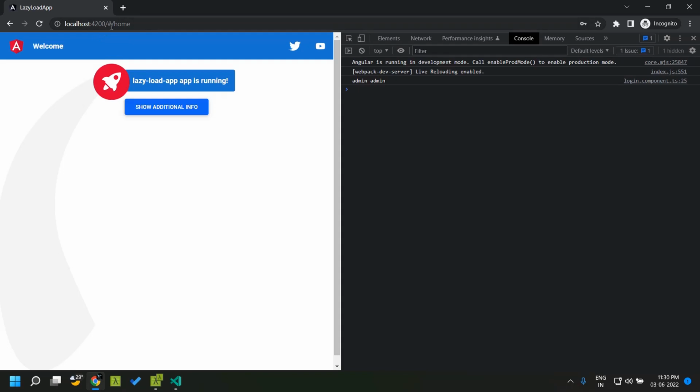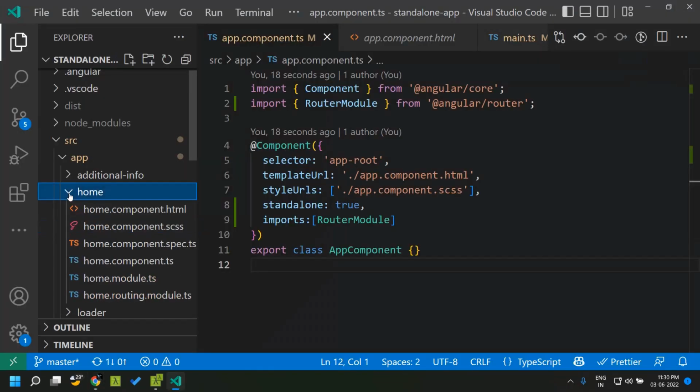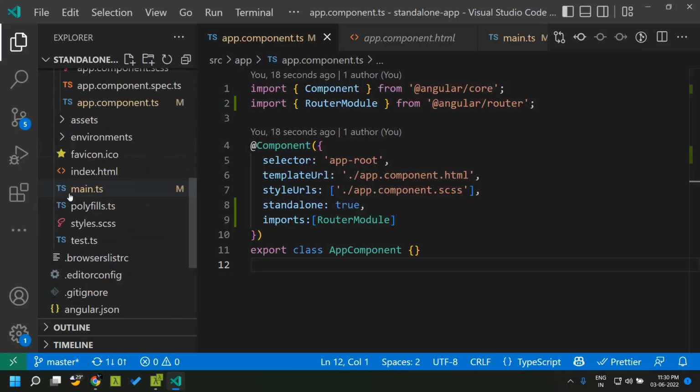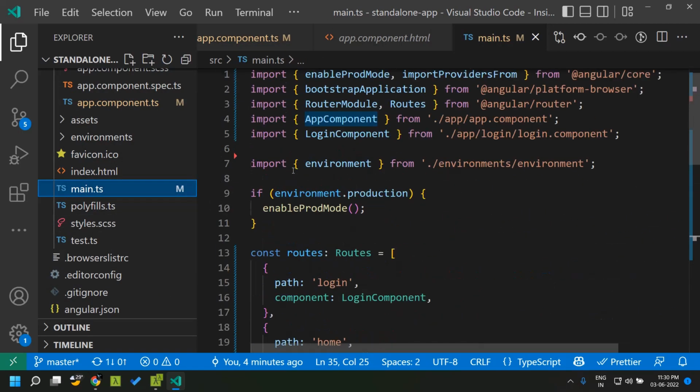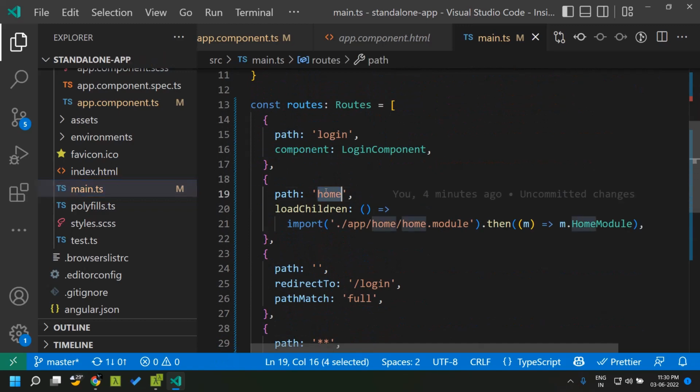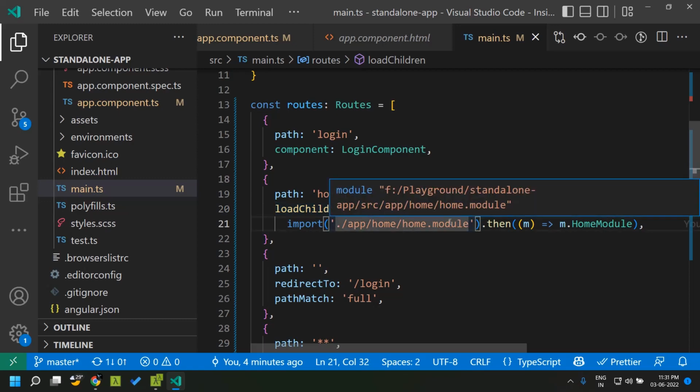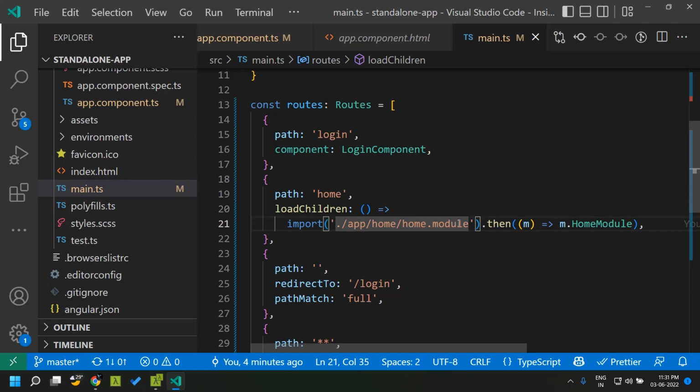So the next screen that is available within our application is the home route, where we are showing our home component through the home module. So the route definition, as we saw, we are providing here within our main.ts, and you can see that we are actually making use of lazy loading to load the home module. So now let's see whether we can remove this home module and still achieve the lazy loading through some other